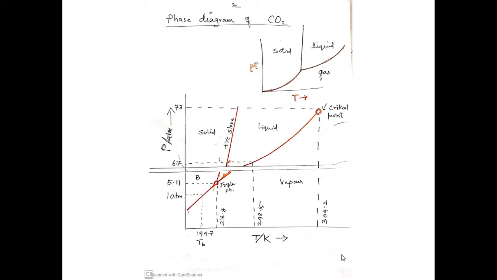Now let's look at the phase diagram of carbon dioxide. So generally the phase diagram will look like this. I have given the finer details of this carbon dioxide phase diagram here. So this is a temperature axis and this is a pressure axis. TB represents the boiling point of